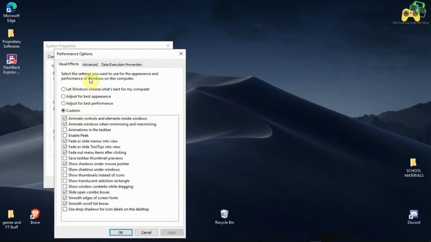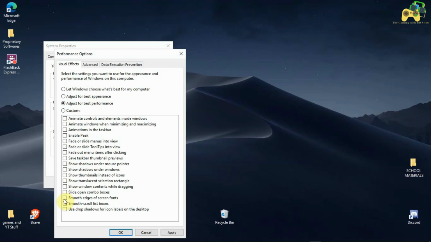I think this will be the default, like let Windows choose what's best for my computer. But there are two other options: adjust for best appearance and adjust for best performance, and there's another option for custom. So you can go for adjust for best performance. So I'm going to do that, and I want to tell you the two options you need on.